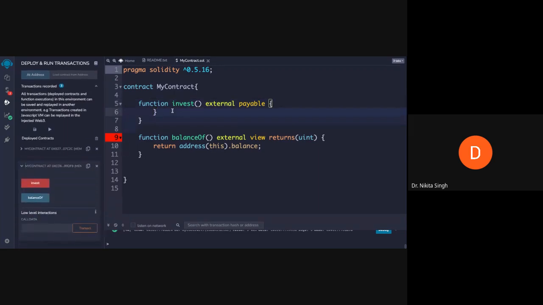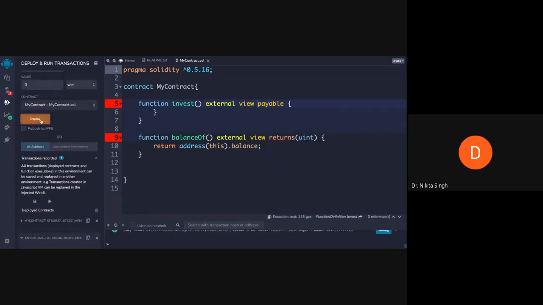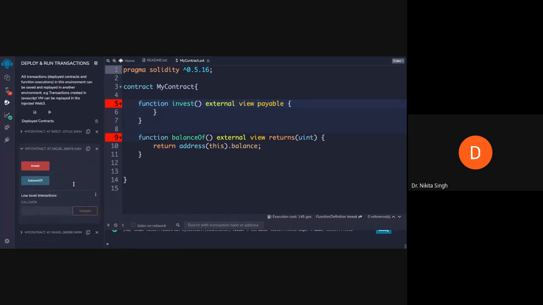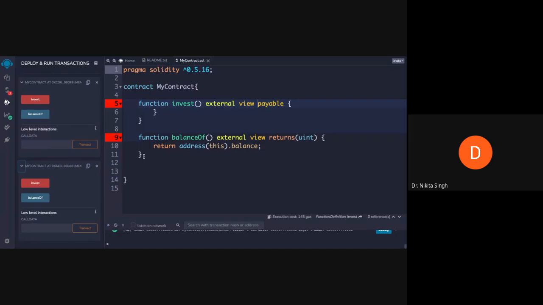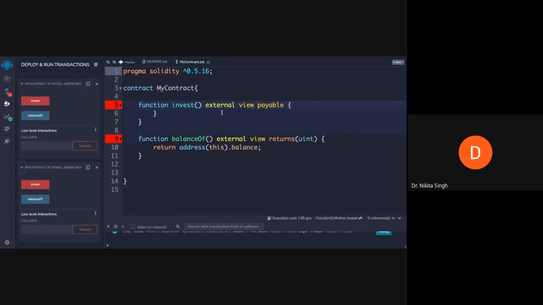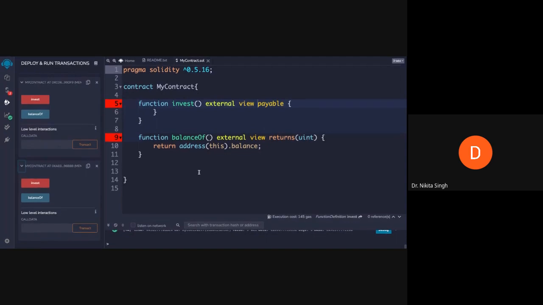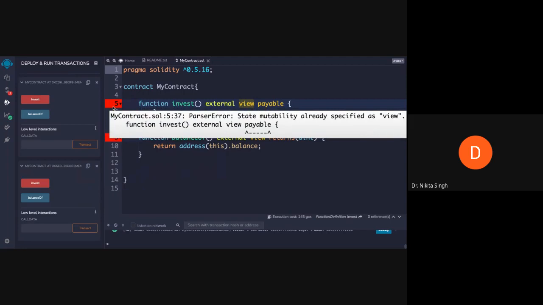So as I was saying, this revert keyword will allow you to revert a transaction. And remember we were saying that we cannot put a view function over here. Now if I put a view function over here and deploy the smart contract, then I will not be able to interact with my smart contract because it will make it a read only function. It will give me an error, that is it is payable but you are declaring it as view.